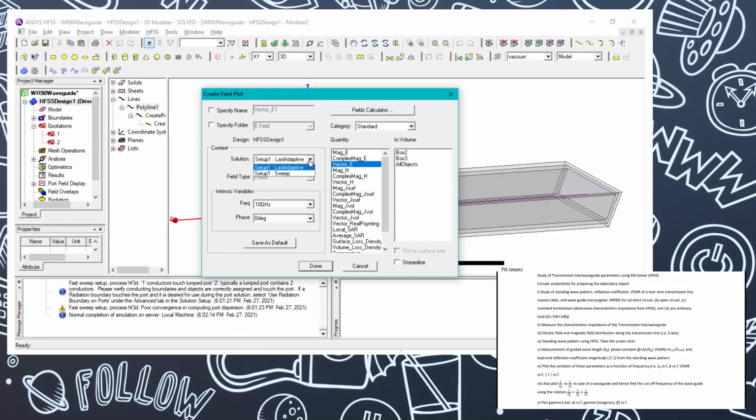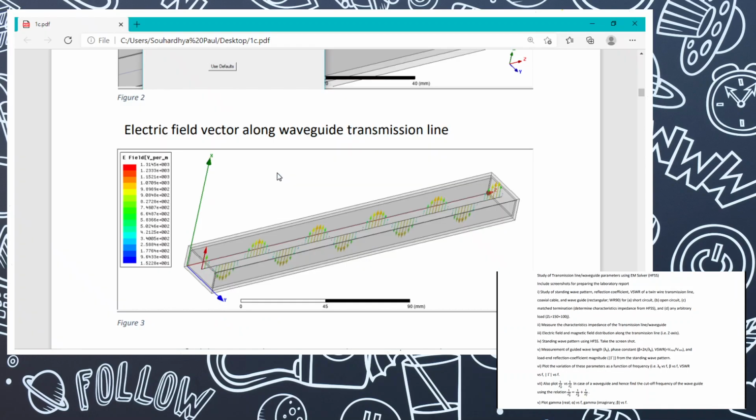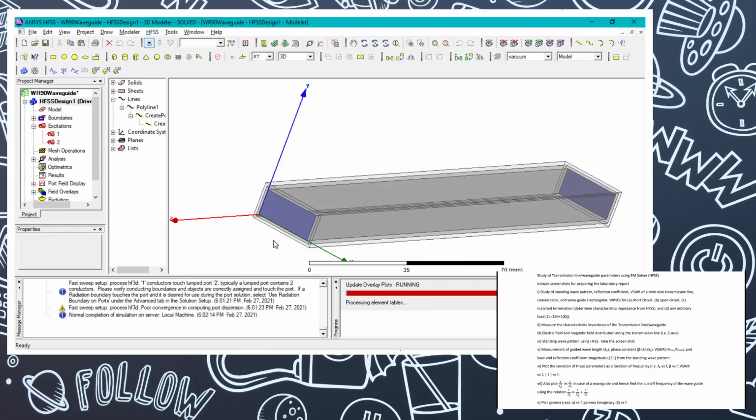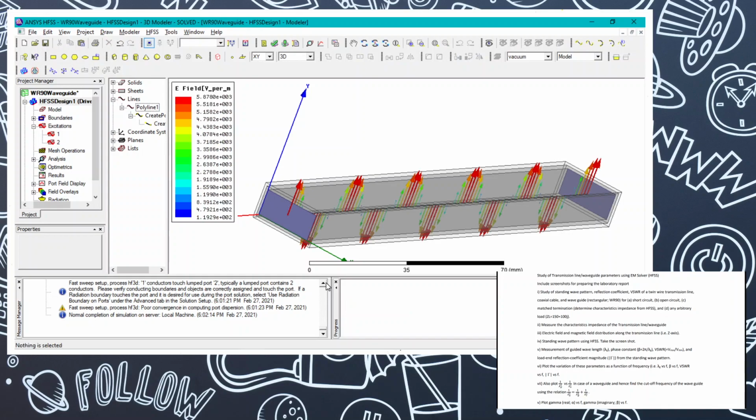The frequency that we're going to use, let me check in the solution part what frequency should be used. So there is no frequency, and then we can just use a frequency of 7 gigahertz or 6 gigahertz. I'm going to choose 8 gigahertz. Let me just choose last adaptive and 10 gigahertz, and after this solution part, we will be